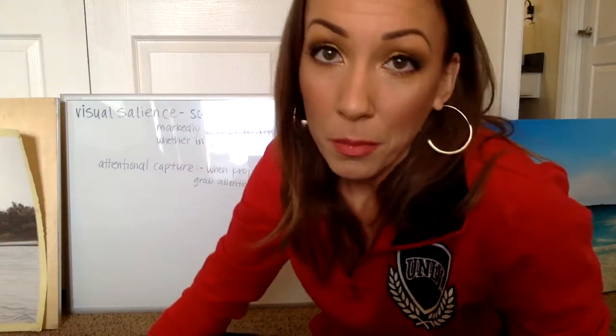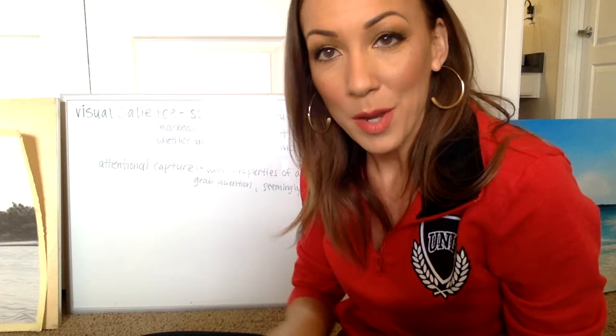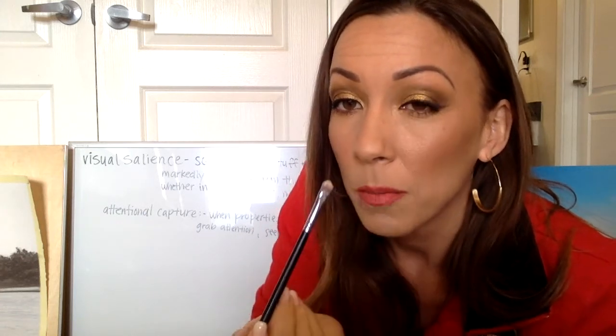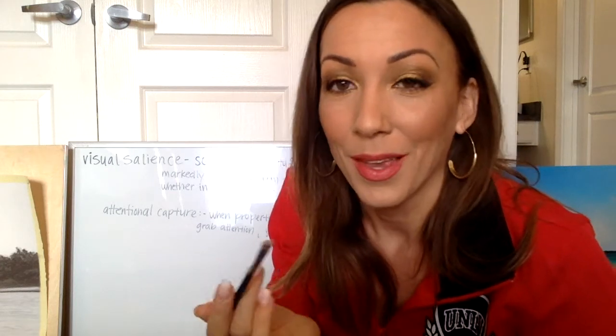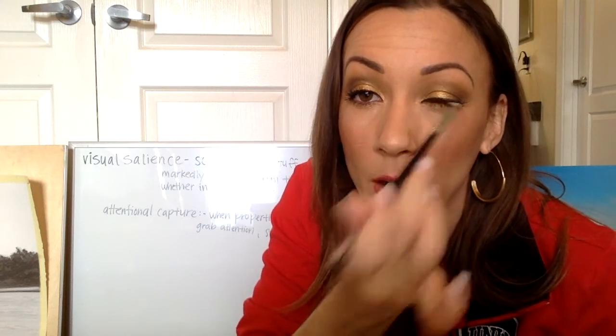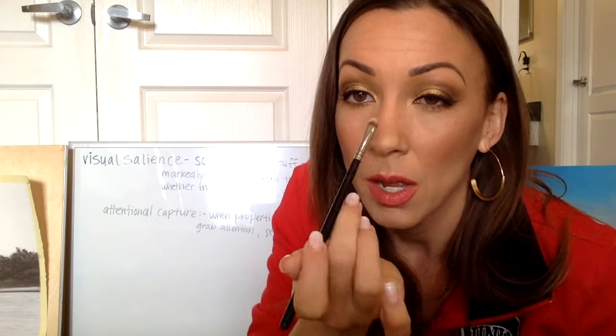And then when you do your makeup, you can also use saliency. This is how I got inspired to make this video. Today I was doing my makeup, and I was doing my eyeshadow, and it looks different on camera, but it's a little darker in real life. So I have this darker brown that I put all right here, and then I leave a space here, and then I'll go over right here with a lighter color. See, today I chose gold, and that is to create saliency, because if it's all brown, this area is not going to stand out. But since I have the lighter gold next to the darker eyeliner and this darker shadow,